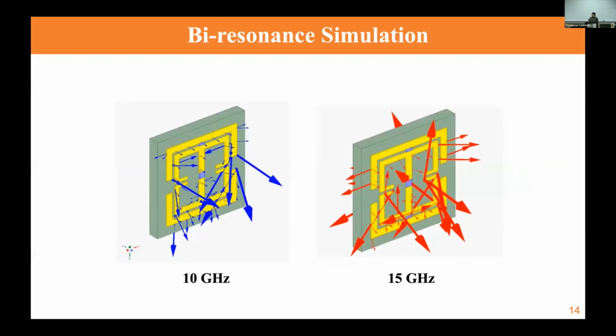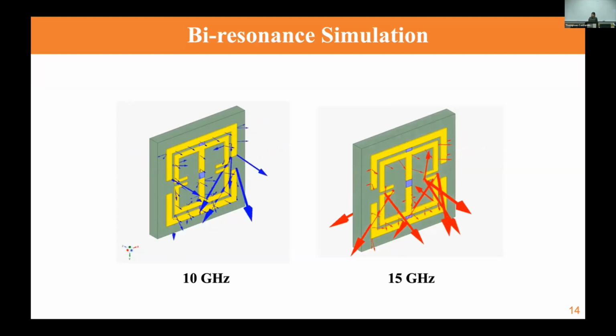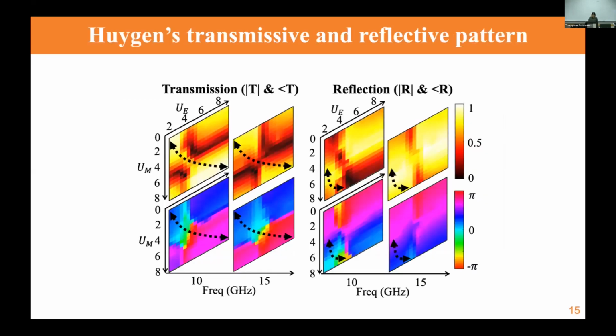And this is some simulation result where for the 10 gigahertz downlink, you can see that the outer ring is resonating and creating a field. And for the 15 gigahertz uplink, the inner ring is resonating and creating the field. So in the end, when we vary the voltage applied to the electric side and magnetic side, we get something called a Huygens pattern. On the top row, it's showing the magnitude of the relayed beam, and the bottom is the phase of the